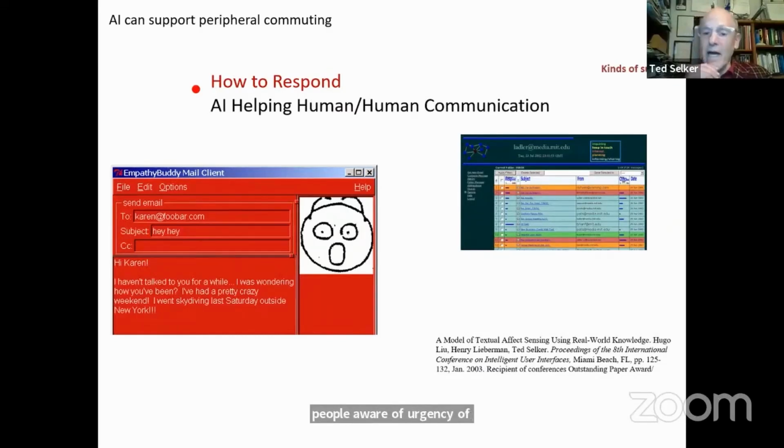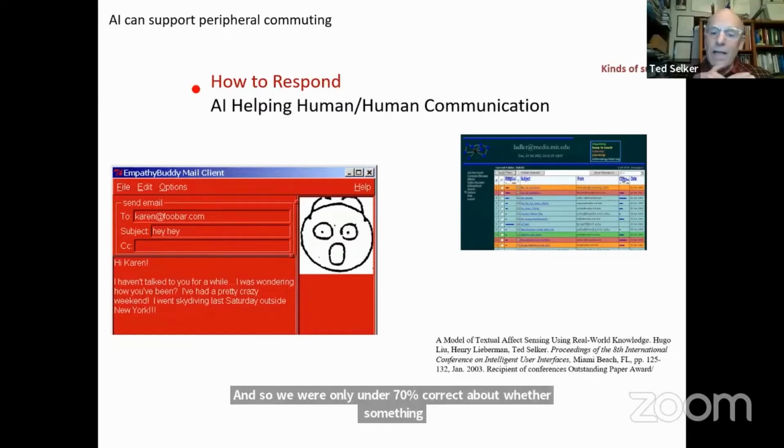We had a little AI that would say, okay, this is somebody that you respond to all the time. This is a brand new person you're just being introduced to. This is just a normal conversation that you have. We have some classifications, and we did some machine learning to establish them. But I really want to underscore this idea that sometimes the point of the user interface is things being distinguishable and people understanding them. What was especially interesting about this email example is that our machine learning wasn't perfect. We were under 70% correct about whether something was urgent or not. And still people